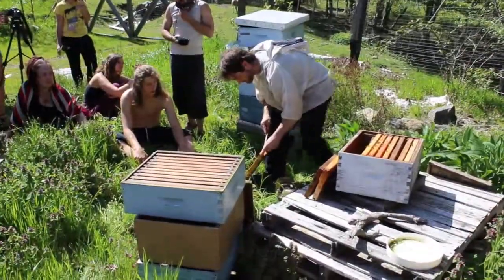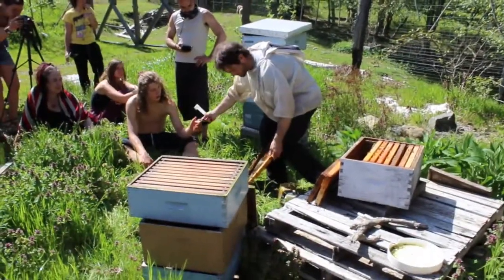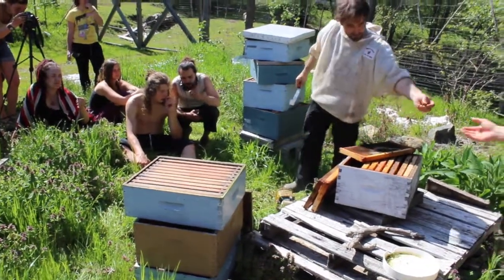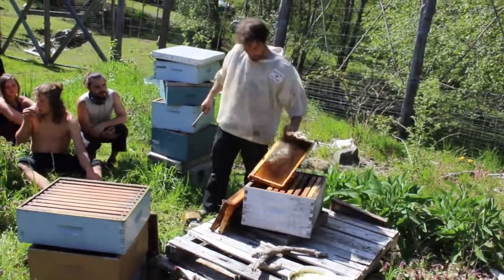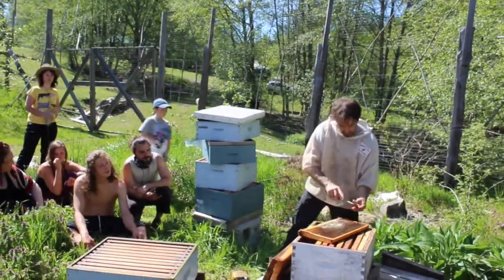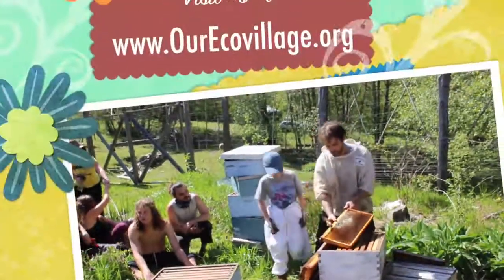Anywhere where there's too big of a gap, they will propolize it. And you can pass that around. It's like, yeah, they glue everything together. And for some bees, it's part of their immune system as well. And people really like the propolis for different immune functions as well. So you can do like this and scrape your propolis off into a ball and collect all of your propolis while you're doing your inspections on your